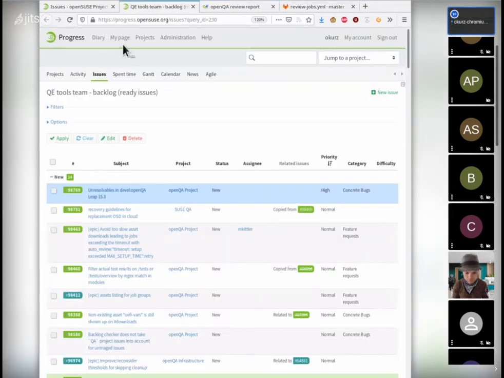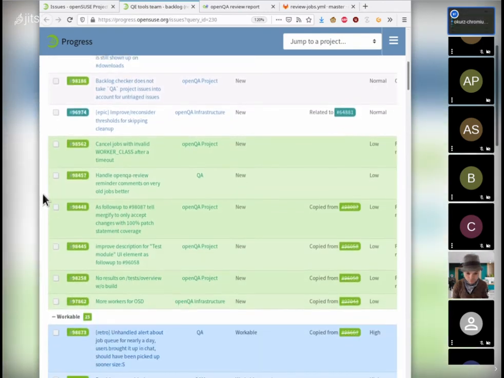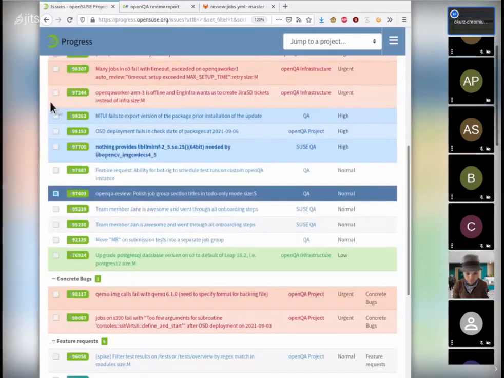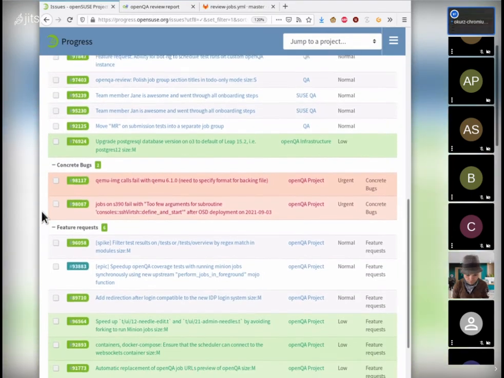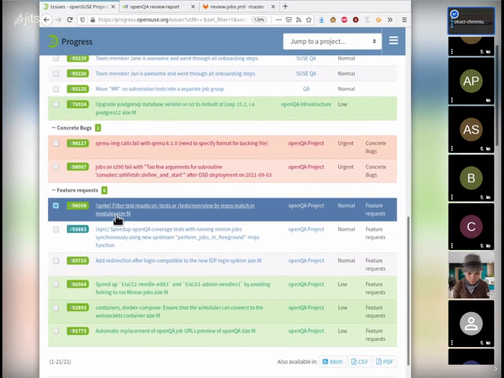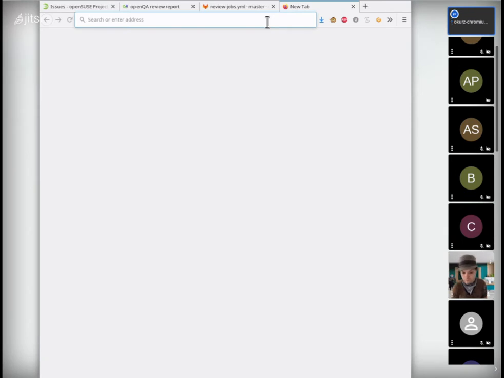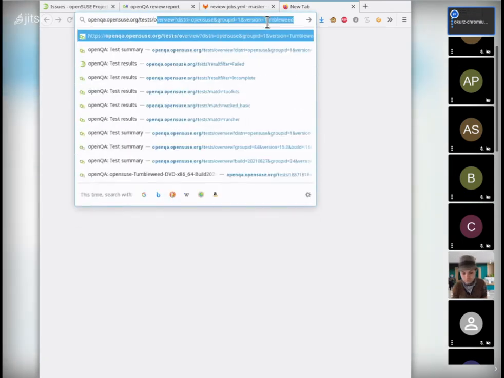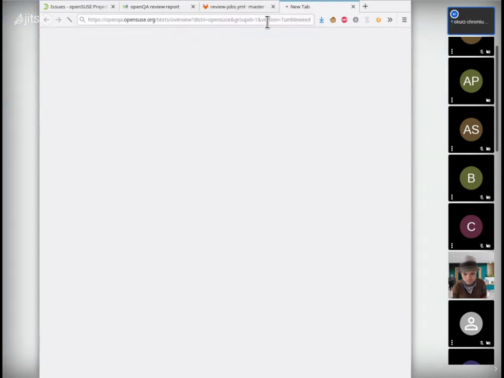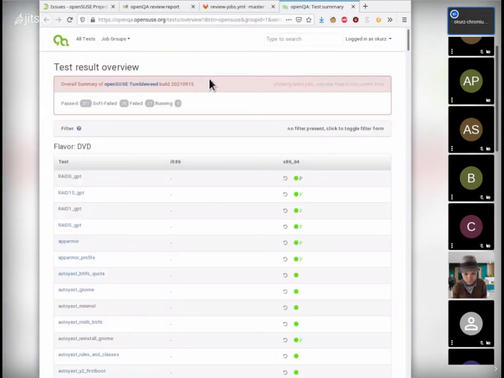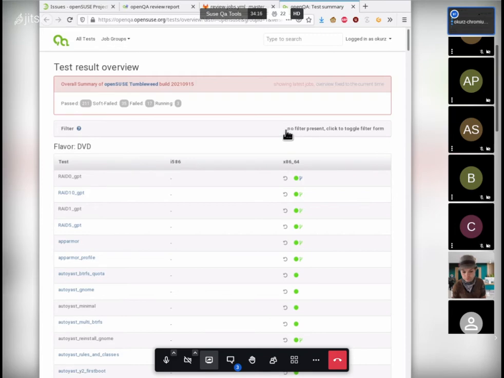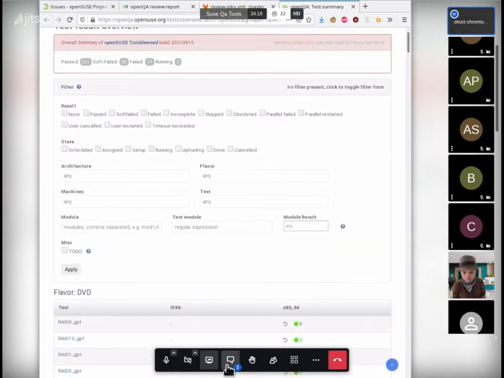So let's switch over to the next topic, the next feature: filter test results on the test overview by regex match in modules. So let me show you this. We can go to an openQA test overview page. This is a pure openQA feature. And within here, you might know already that there's this filter box, and it says click to toggle filter form. So you can click there and then